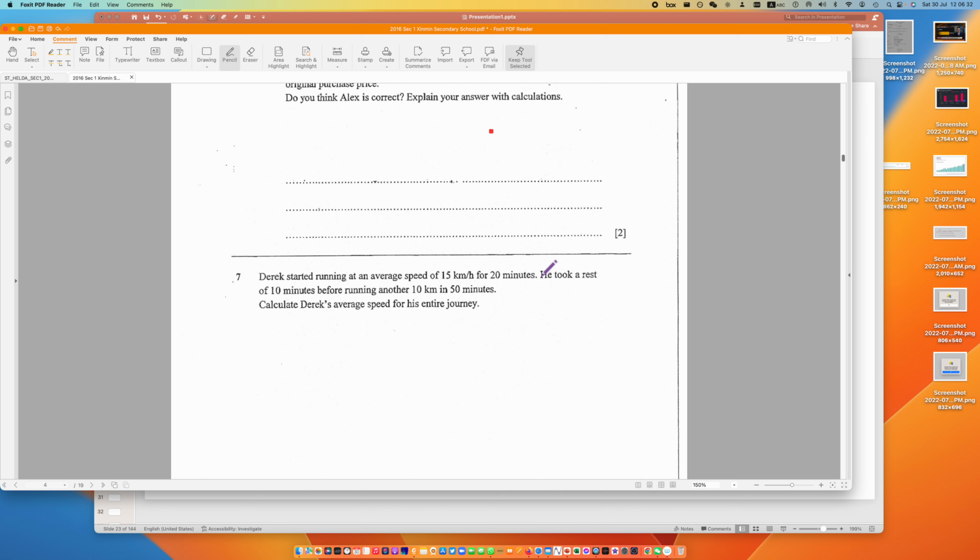You don't erase your original work, you just do it on the right hand side. Okay? If possible, use a green pen or a pencil just to differentiate. Okay? I don't care if your answer is correct. If your approach is wrong, you are wrong.